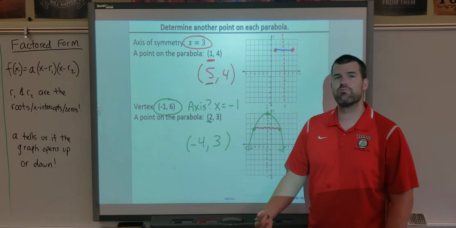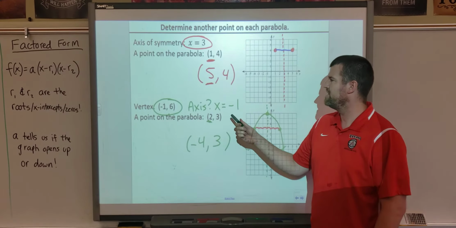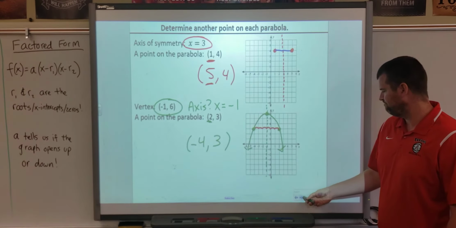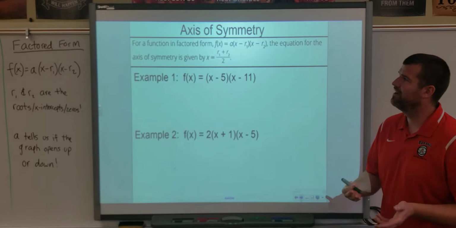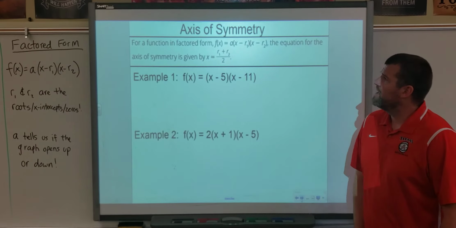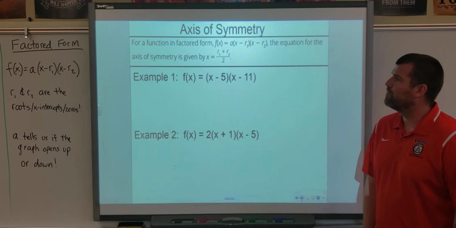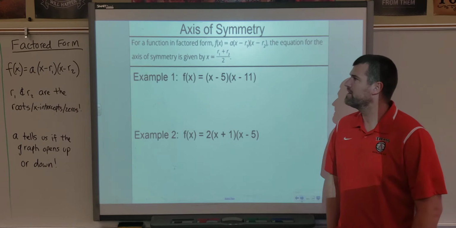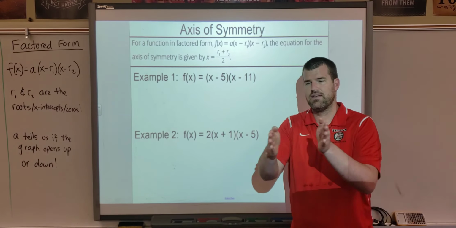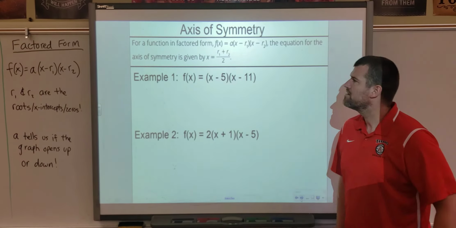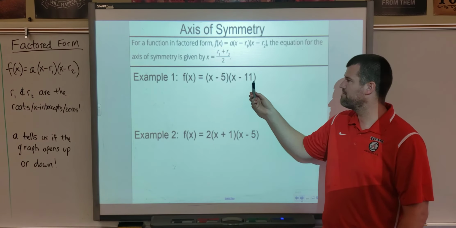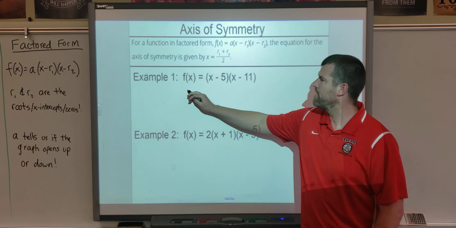So again, parabolas will always have symmetry. The line that divides it into two equal halves is called the axis of symmetry. Which, what do you know? Axis of symmetry. So if we are in factored form, we can find the axis of symmetry very quickly if we know the two roots, because we know the axis of symmetry will always be halfway in between. So if we know that the factored form is x minus 5 times x minus 11, we know that our roots